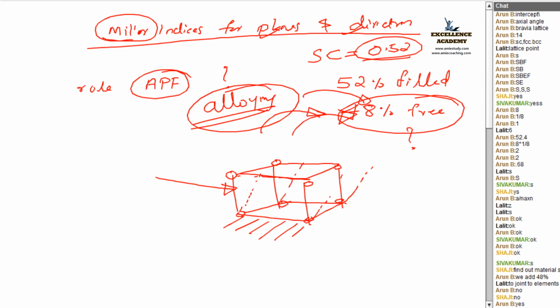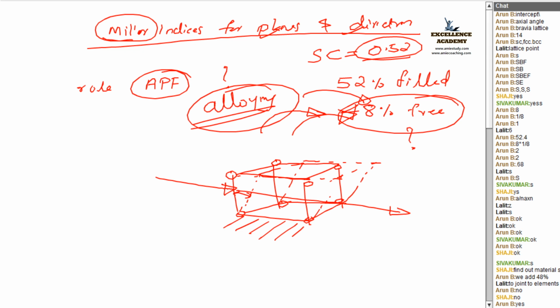The new shape will be like this. From this, what can we understand? It has a chance to drift to this much angle. So this much angle is there. And the drifting direction is what? The drifting direction is this; in this direction it is getting drifted. This entire crystal is inclined to this direction.